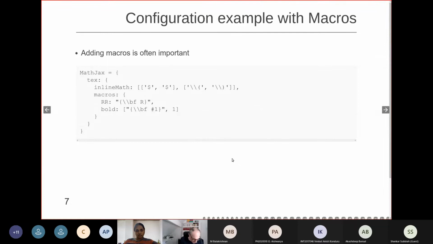So now we're going to work through the first example, which is an important one because that often occurs in certain texts, and that is the question of how do we add macros. For those of you who are familiar with LaTeX, and I've seen from the surveys that many of you are,